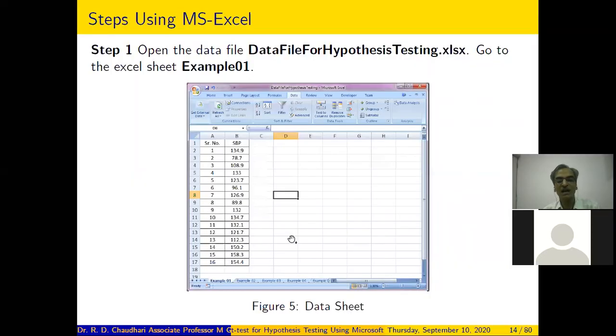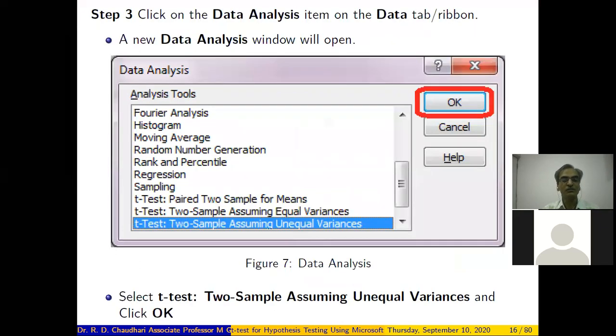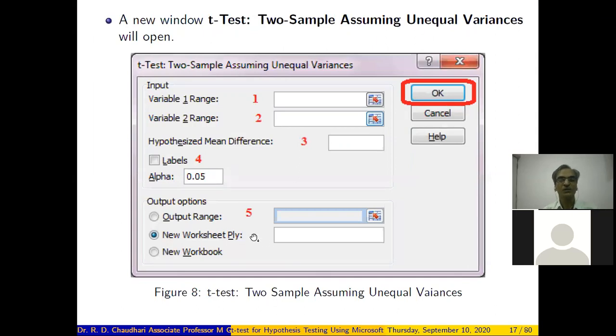Okay, so this is how we can perform one sample t-test, right? So this is the step-by-step procedure to perform a one sample t-test. If you look at the window, t-test two sample assuming unequal variance: for variable 1 range, select the systolic blood pressure range here.